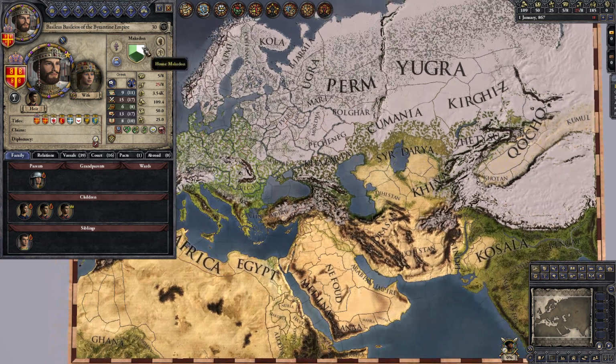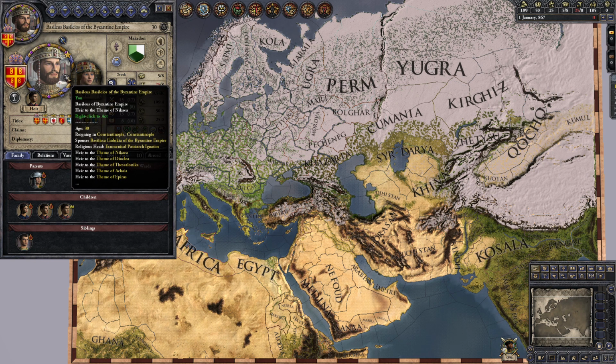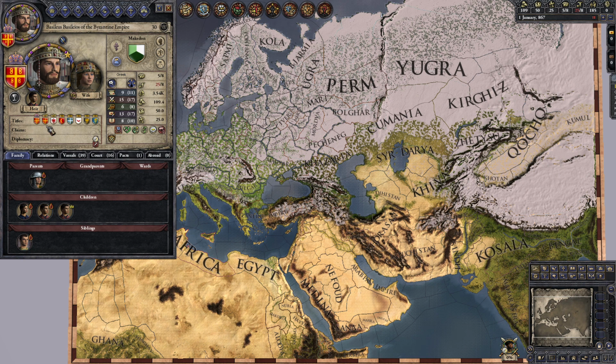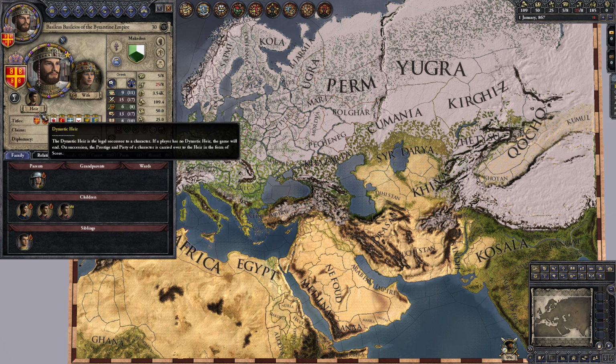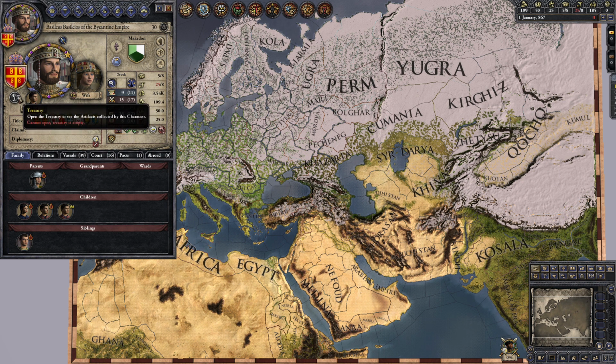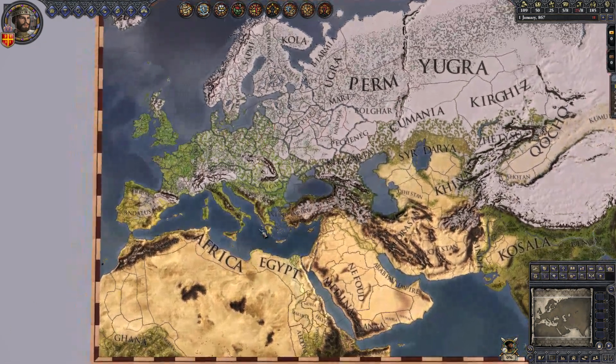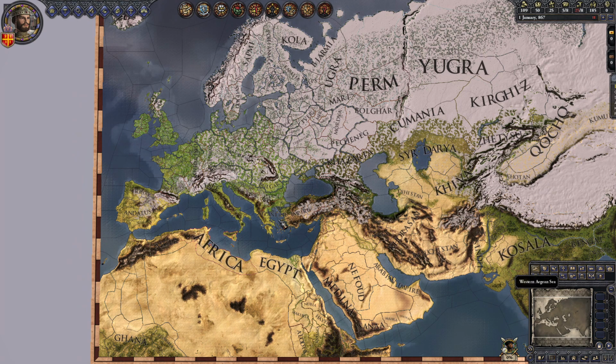Now, what is your family? Your family is the house you belong to. You have who you are, and you can marry someone, and you can have children, and when you die, you become your eldest child, or your heir, or whoever else you choose to be the heir. Now that's all of this going on. So let's get into it.